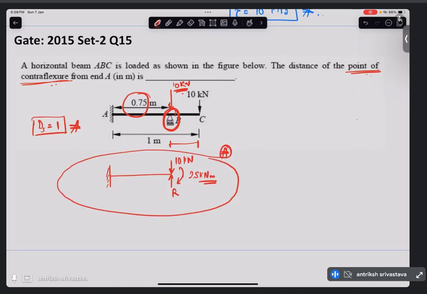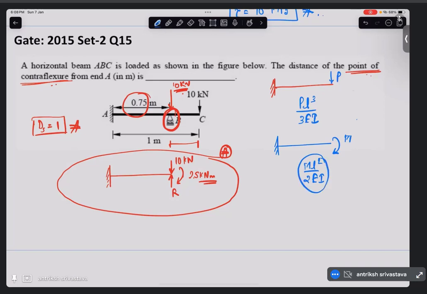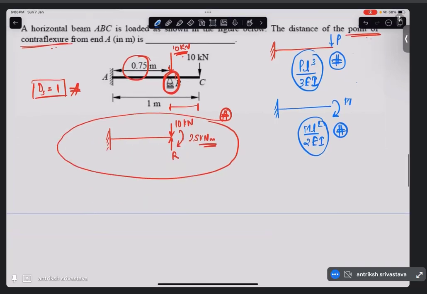Now, what do we need to remember? We need to remember three things, or maybe you can say two things. Yeah, only two things. What is the deflection at the free end when the load is applied at the free end? It is PL³/3EI. And also we need to remember what is the deflection at the free end when a moment is applied at the free end. That is ML²/2EI. If you know these two things, then this question is not tricky. So let's now